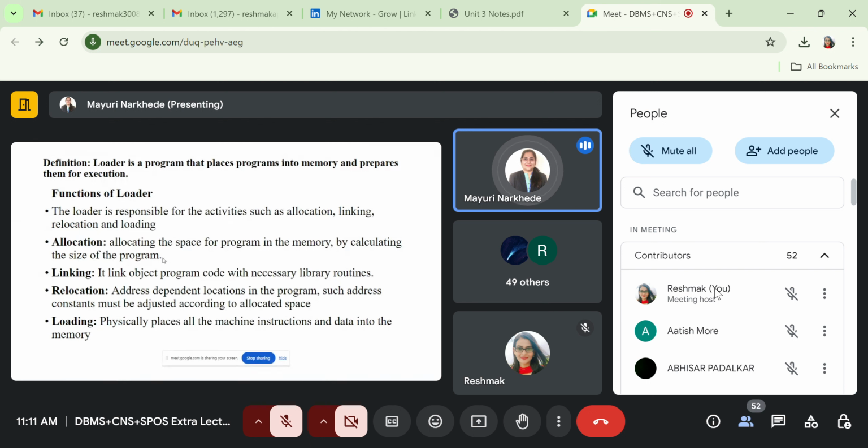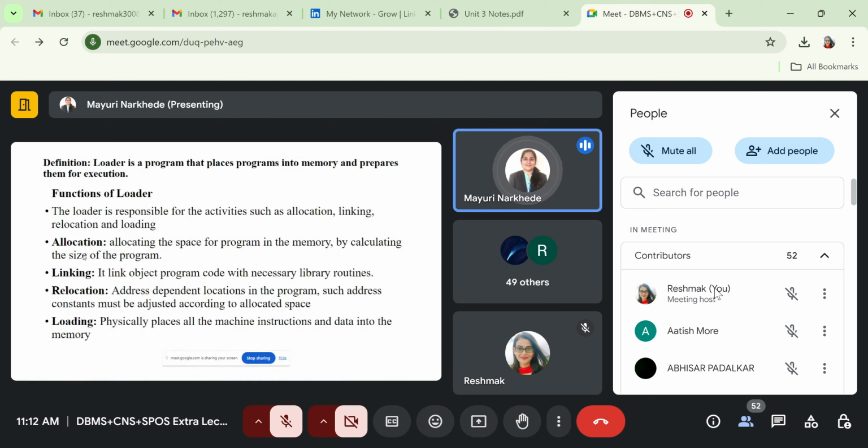Once your file gets created, first it checks what is the size of that program. Suppose my file requires some size, okay. Then the loader checks where that size of memory is available in the main memory, and according to that the space will get allocated in the main memory. Okay, that is the function of allocation.